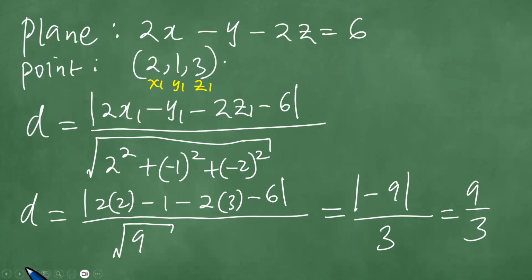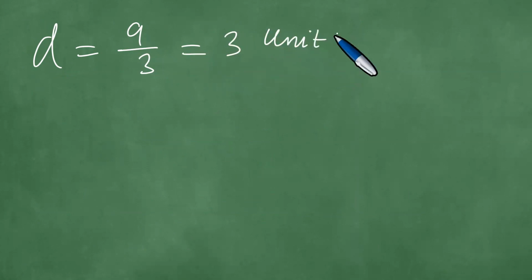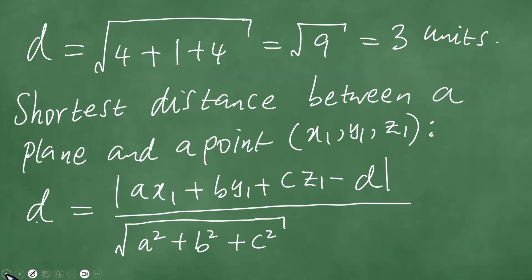Okay, so the distance is what? So the distance now is exactly 9 out of 3, which is 3 units. And this is actually the shortest distance between the plane